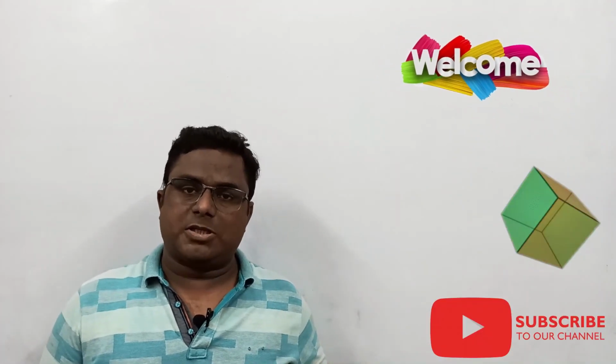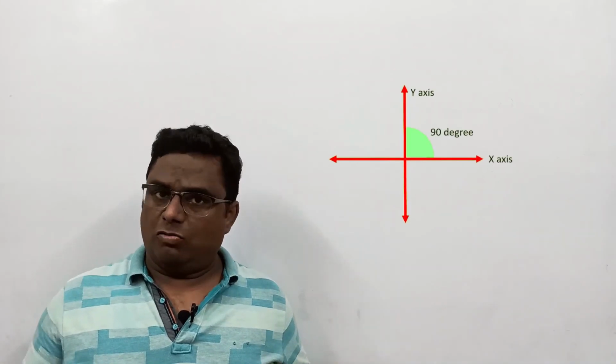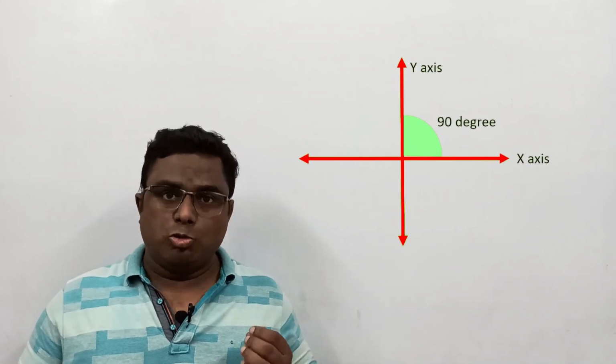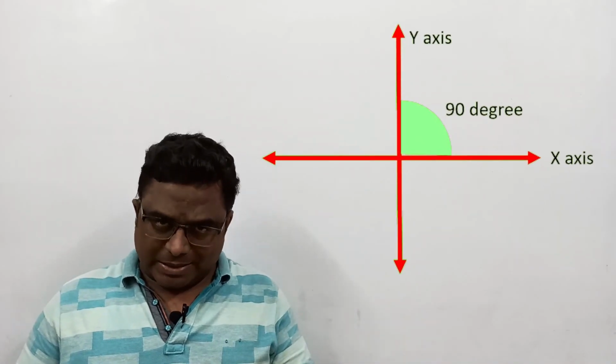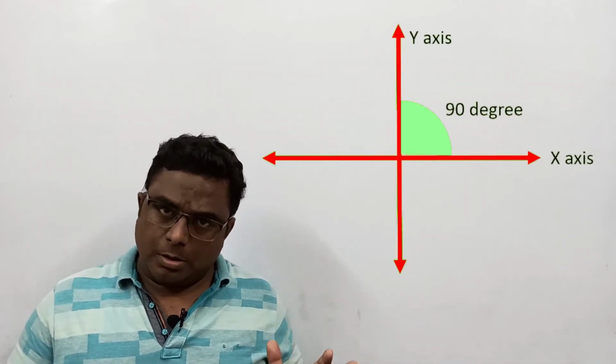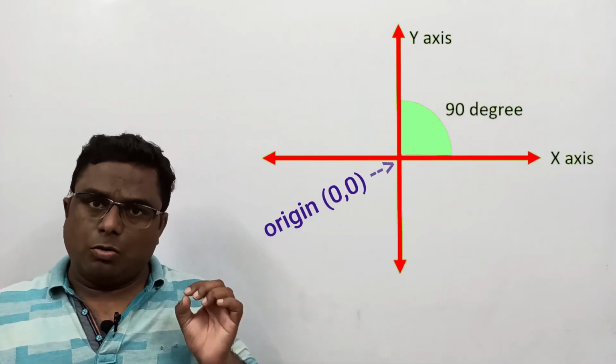In this video, we are going to discuss some basic concepts about three-dimensional geometry. All of us have been studying two-dimensional geometry from the very beginning of our 9th class. In two-dimensional geometry, all of us know that we have to use two axes called x-axis and y-axis. Both of these axes are perpendicular to each other, and these two axes intersect at one point called O,